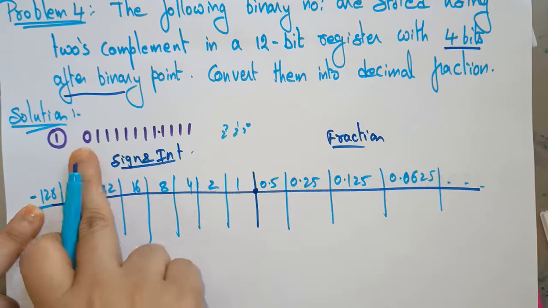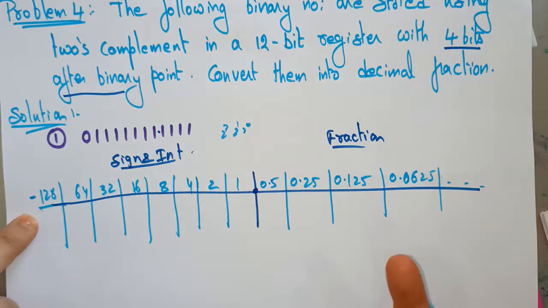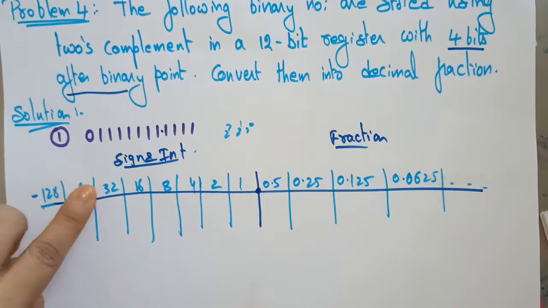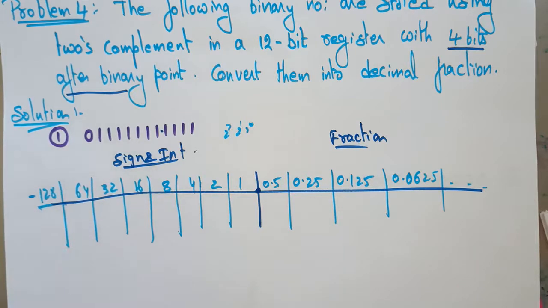If you get a positive number, the sign bit is 0, so it is 0 into minus 128, which is 0 only. Because the last bit indicates the sign bit, you need to keep it as minus. Suppose the bits stop here, you have to keep minus 64. Suppose the bits stop here, you have to keep minus 32. So wherever the bits end, the most significant bit should be given as a minus. Okay, so now enter the value.